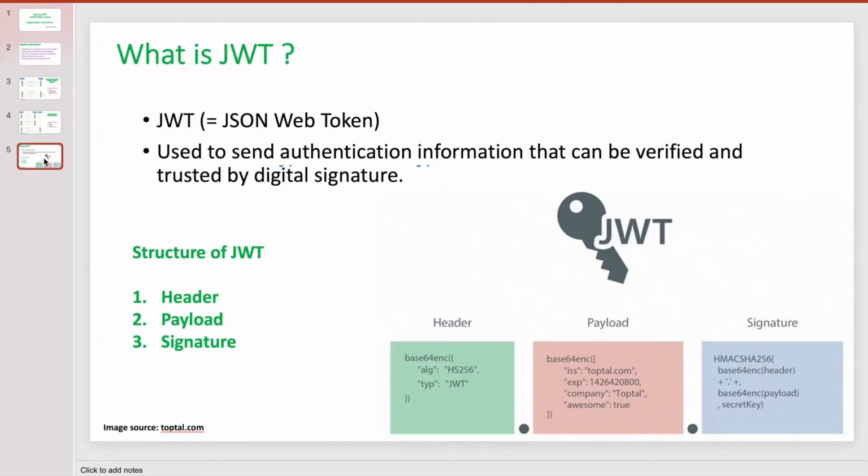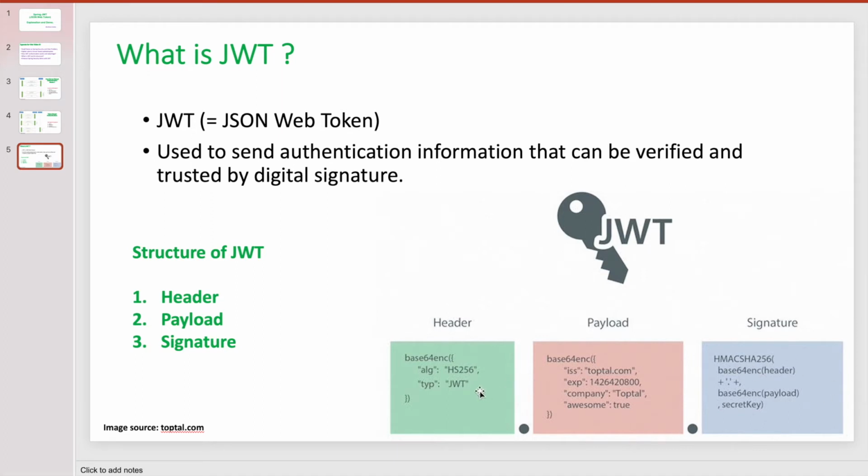So before going to the demo, I just want to explain what a JWT is. JWT is a JSON Web Token. It is used for authentication purposes only, and that token can be verified and trusted by the digital signature. If you see the structure of the JWT, there are three parts: one is the header, one is the payload, and another is the signature, right?